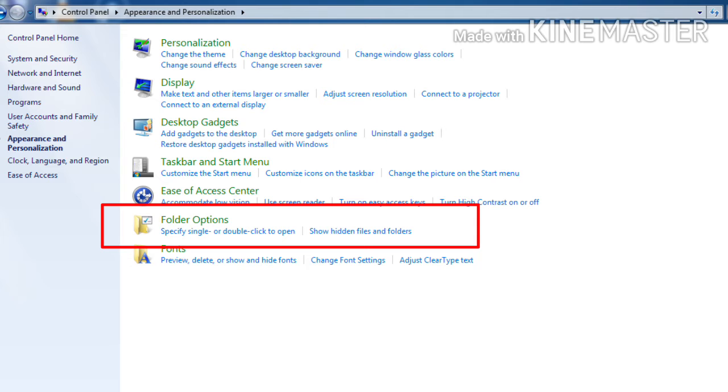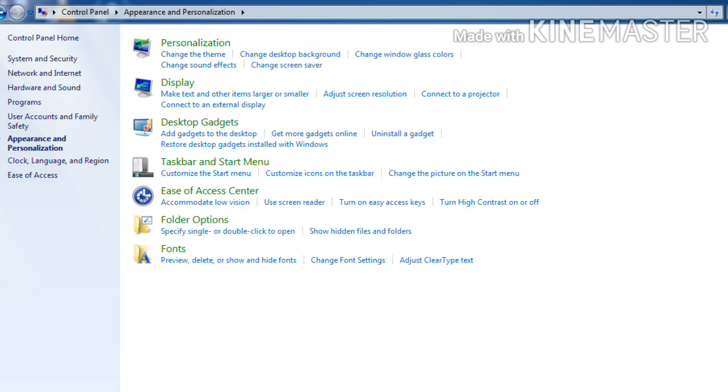The next applet is fonts, through which you can change the style and visibility of the fonts, which means you can adjust how fonts are shown on the computer. The last one is personalization, in which you can change the theme of the Windows display, desktop background, screensaver, and also Windows glass colors.